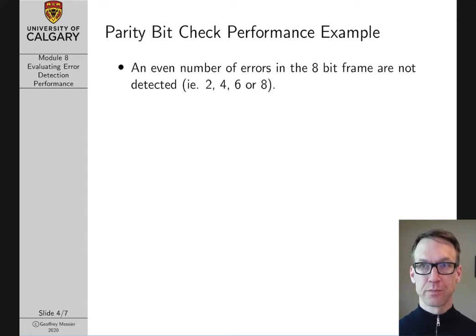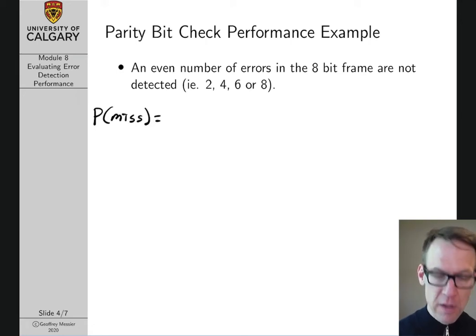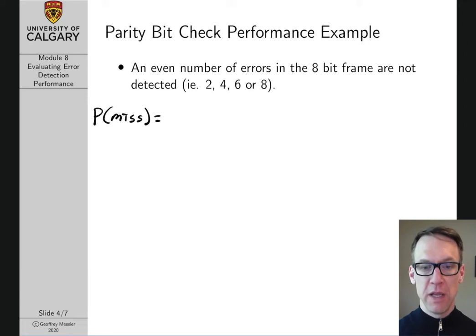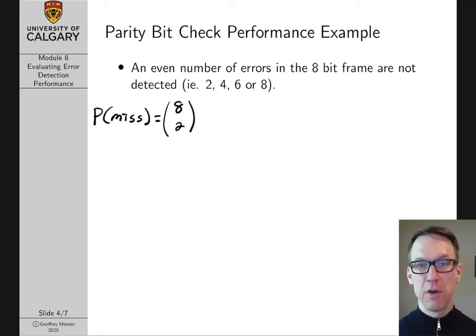And so in our case, that's 2, 4, 6, or 8 bits. And so the probability of a miss, the probability of missing an error, is equal to the probability of a 2-bit error. So there are 8 choose 2 different ways we can have 2 out of 8